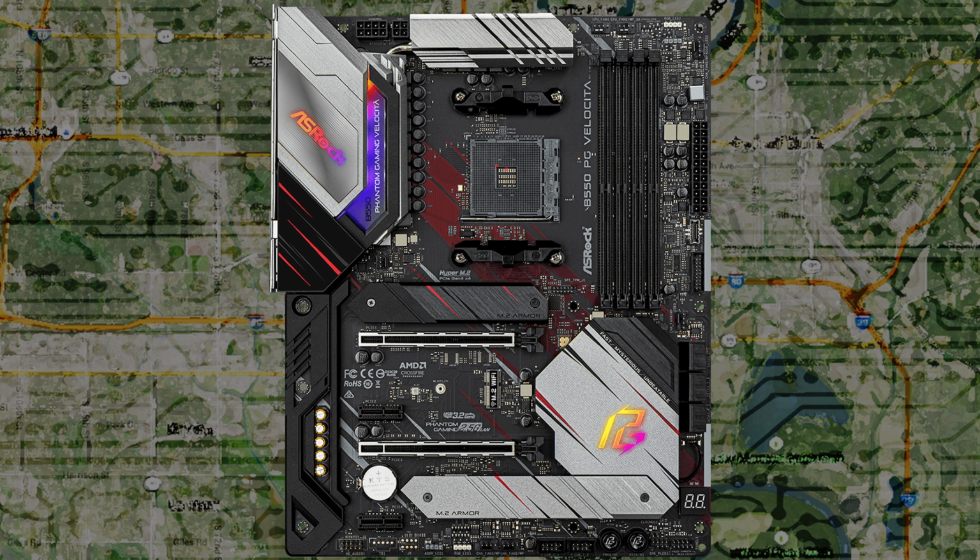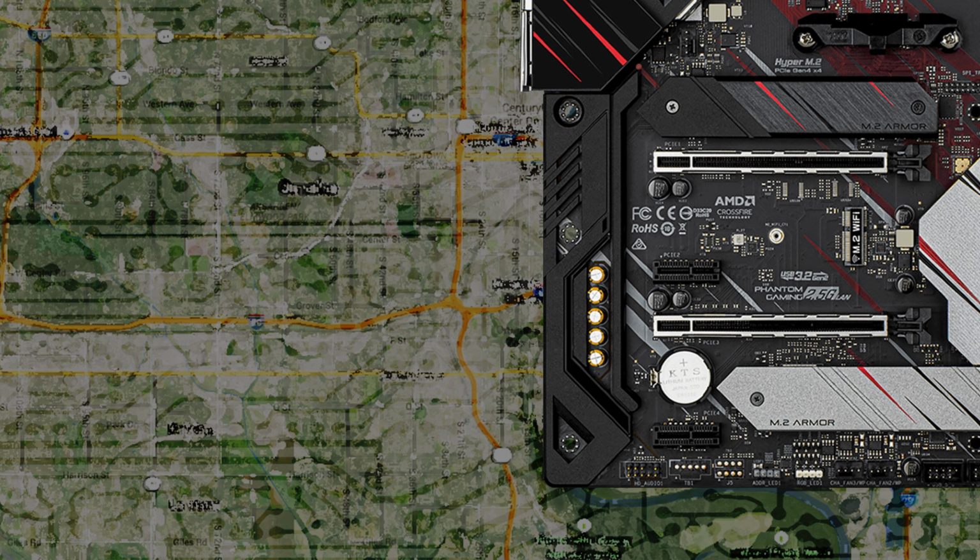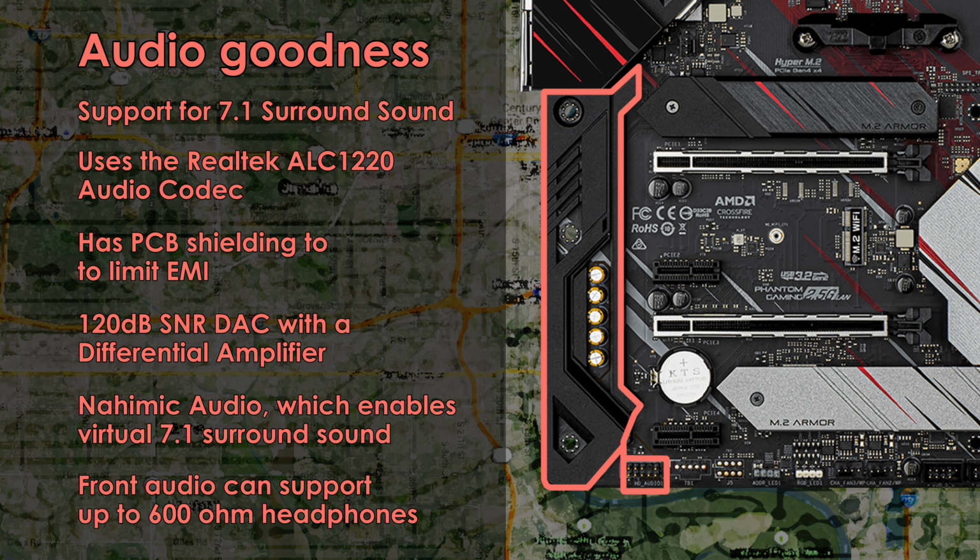While I tried to research the audio solution ASRock provides as best I could, it was hard to get specifics on the jargon-laden audio features the PG Velocita provides. Even the product page and full manual was light on information. Suffice it to say, the PG Velocita supports 7.1 channel surround sound and uses the Realtek ALC1220 audio codec, as